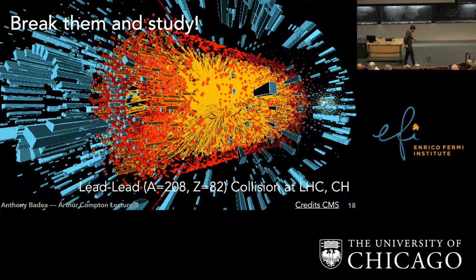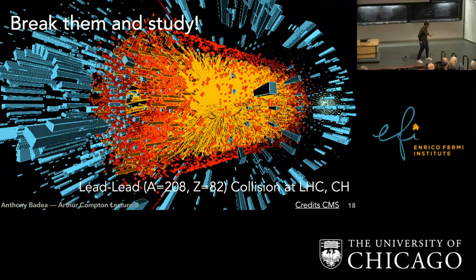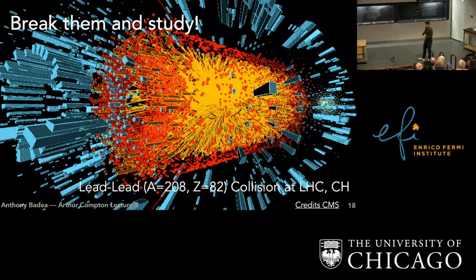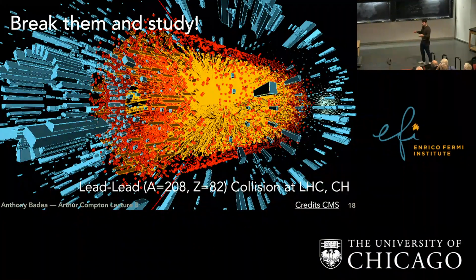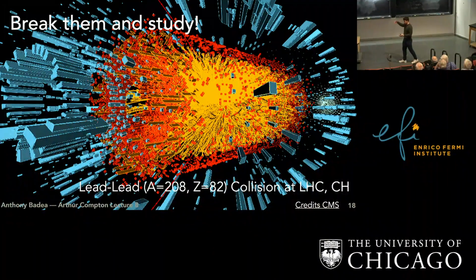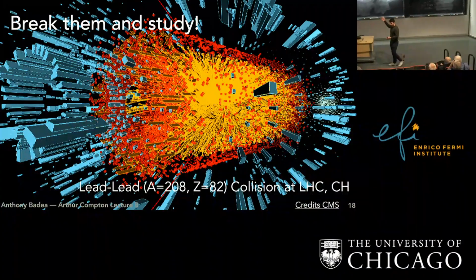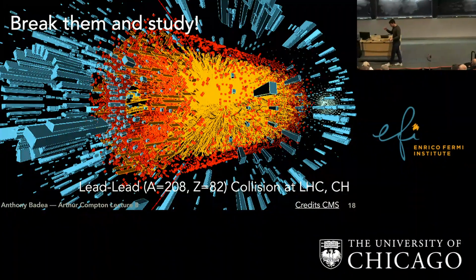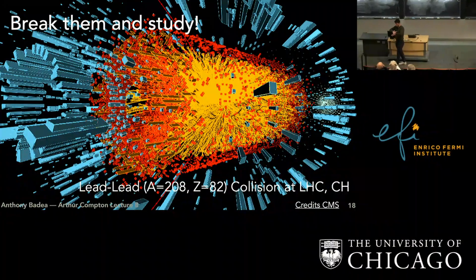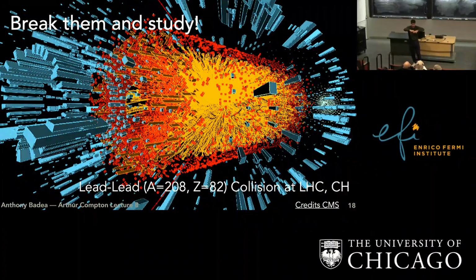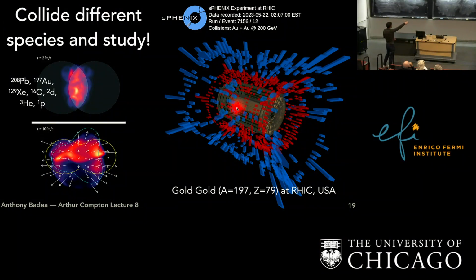And I guess I'll say a few more words about why it's so interesting. Normally, quarks and gluons, you don't have them moving around freely. You have them bound inside of protons and then inside of nuclei. But what you have here is really, for a small fraction of a second, quarks and gluons existing freely in a soup, moving around and interacting with each other. And so here you have a much bigger, effectively soup, a bigger slosh of quarks and gluons moving around, whereas here you have a smaller amount.